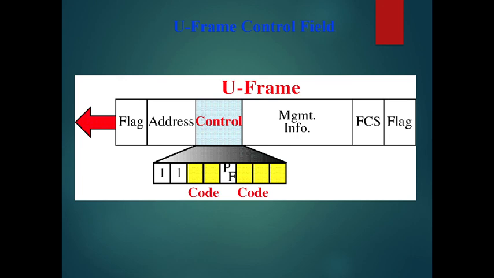In this particular section, we have discussed the HDLC protocol, the 2 types of configuration, balanced and unbalanced, the 3 types of modes, and also the frame structure of the HDLC protocol. So learn that there are 3 types of frames, how the frame formats differ, and also the function of each field in the frame format.